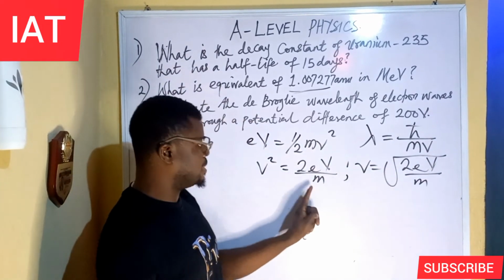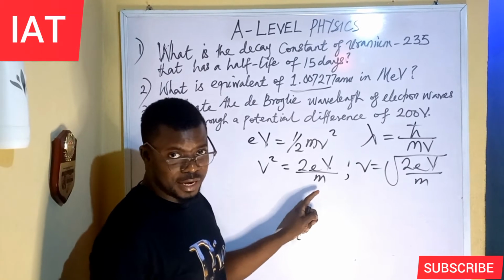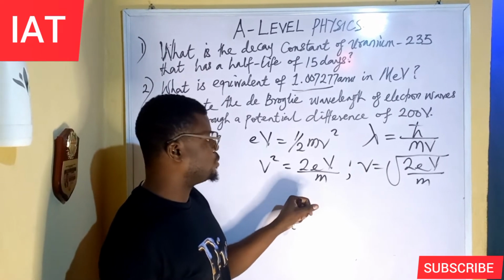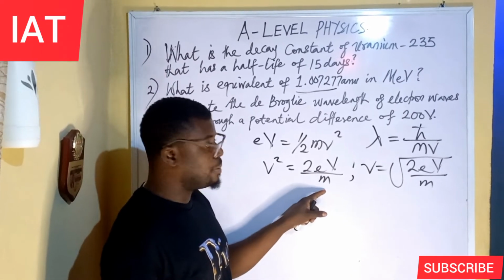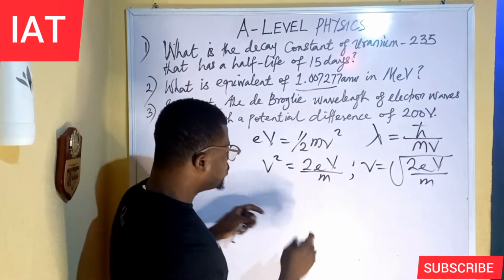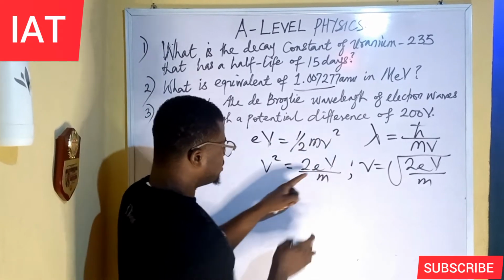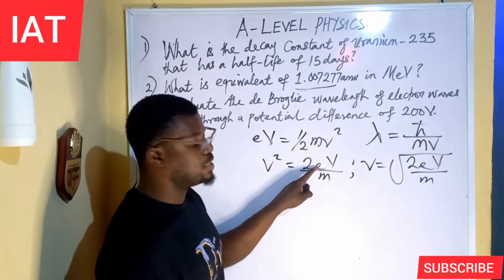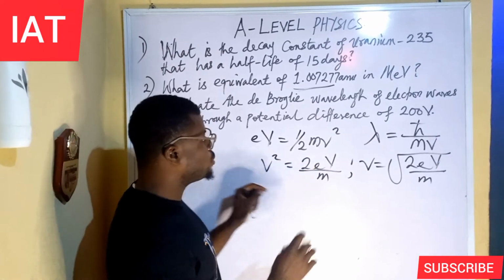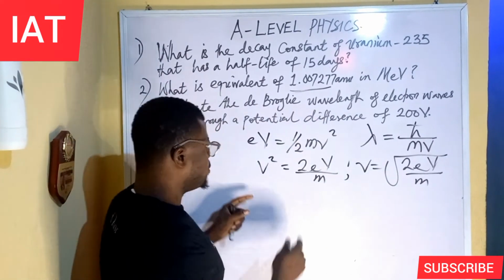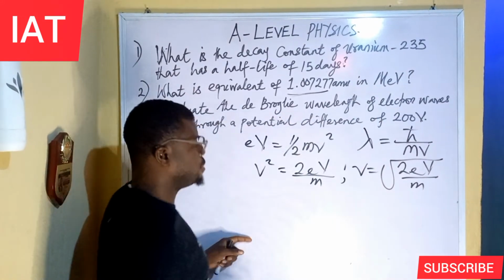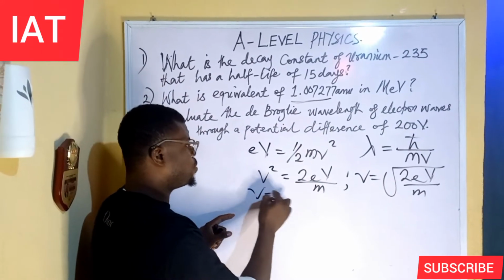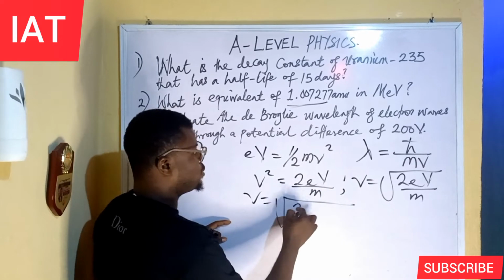And what is this mass? This mass is the mass of electron, and the mass of electron has its value as 9.11 times 10 to the power of minus 31. The electron charge also has its own value. So we're going to substitute all these things into the expression to get v. So now v will be equal to the square root of 2 multiplied by